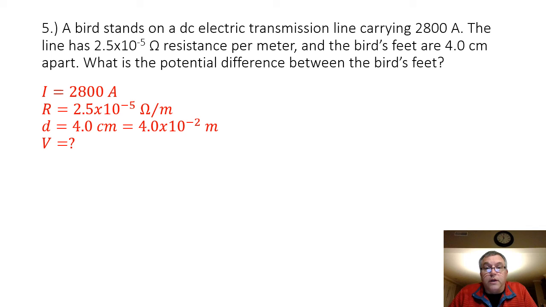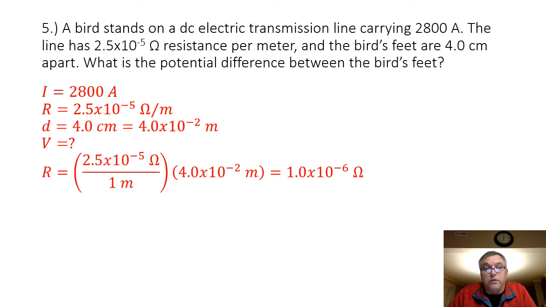In order to find the potential difference between the bird's feet, we need to know how much resistance there is within that same span of 4 centimeters. So to find the resistance between the bird's feet, we want to multiply our resistance per meter, 2.5 times 10 to the minus fifth ohms per meter, times the distance between the bird's feet in meters, 4.0 times 10 to the minus second meters. That gives us a resistance of 1.0 times 10 to the minus 6 ohms